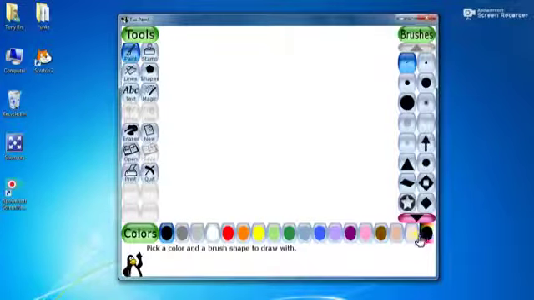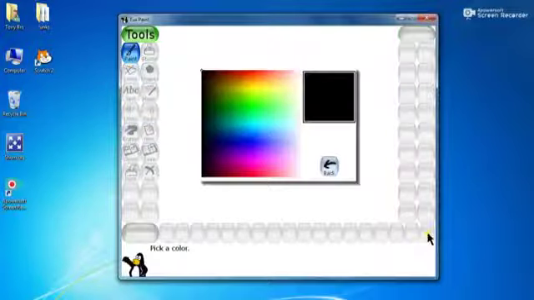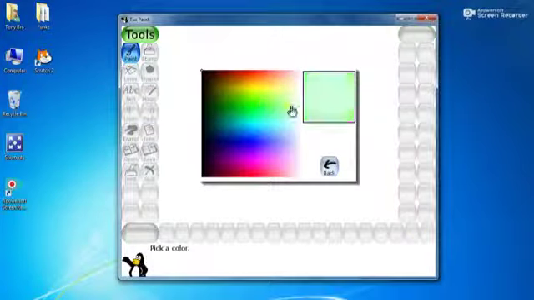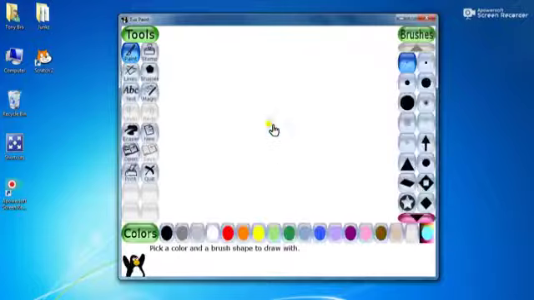These are the up and down arrows to select the required sub tool. And at the lower part of the Tux Paint window is the color box, which contains a list of colors. And this extreme right side is the color mixer. You can select your own choice of color here, and it will be used.